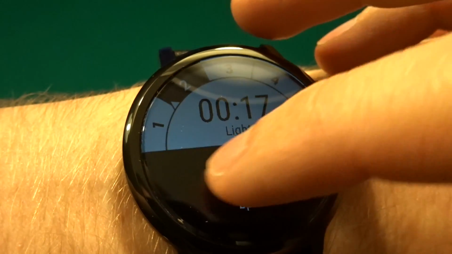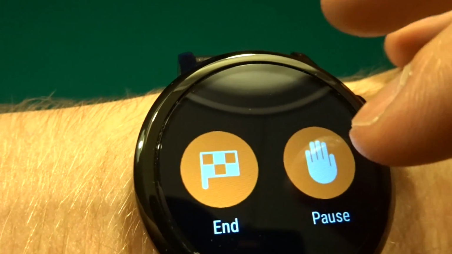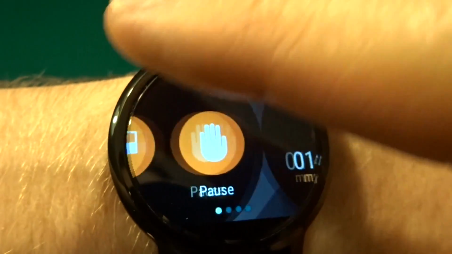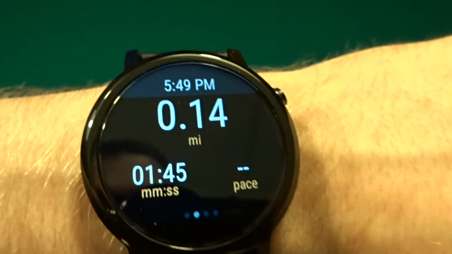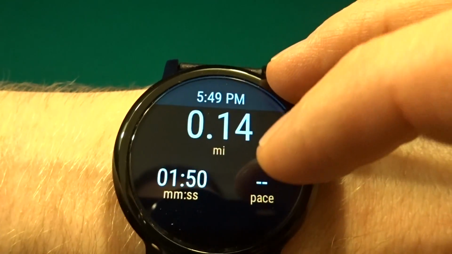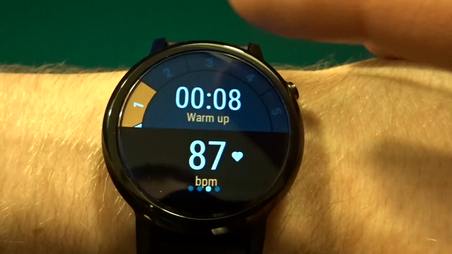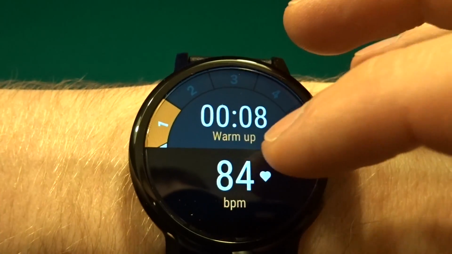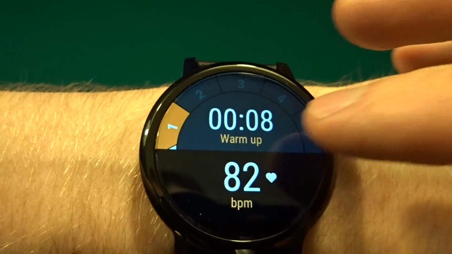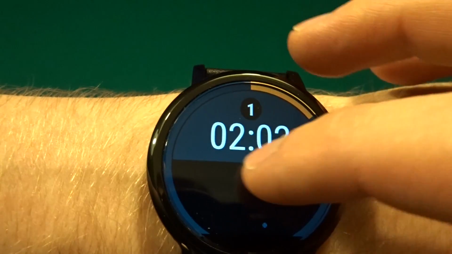So we'll go first option. You can end or pause a run, which is handy in case someone stops you. You got your miles, your pace, how many minutes, with the time up top. So again, that's a very useful screen. You got your beats, and it also says what phase you're in. Right now it shows warm up, and then your lap timer,